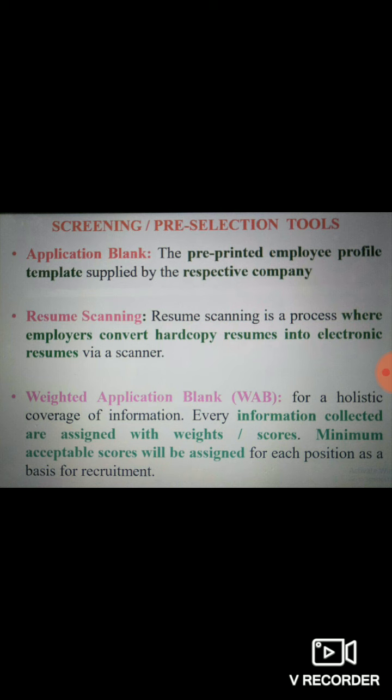This weighted score depends upon the profile that you apply, the levels that you are going to be posted if you are selected, and location, the gender, whatever can be a specific information about you can give a raise in a score or a decrement in a score. That is how the weighted application blank is actually a composite tool of scoring also. With this, let me conclude this session.